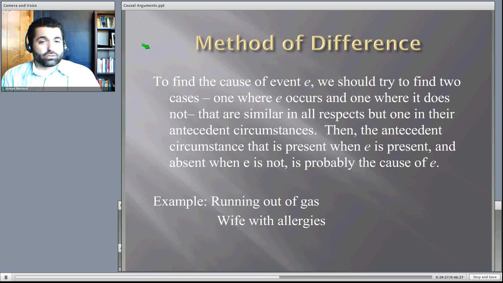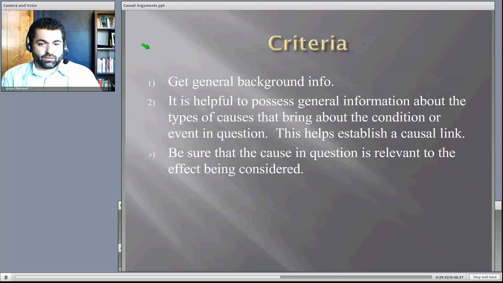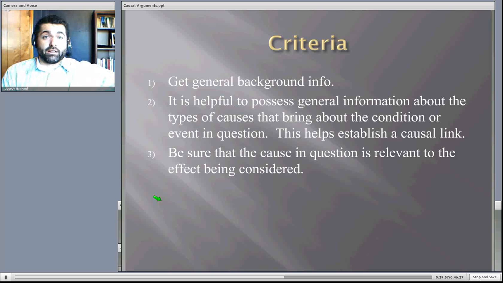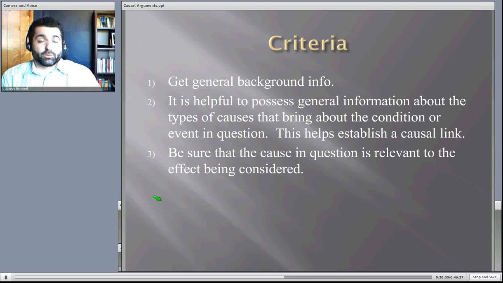Again, doctors do this all the time to diagnose what's causing certain symptoms. They use both agreement and difference. Same criteria. General background: we know cats often cause allergies. There's a connection there. It would be irrelevant if you went and said, oh, well, Julie got red drapes. The color red must be making me allergic. We know that there's no connection between colors and allergies. Now, maybe something in the drapes is causing your allergies to act up, the fabric or something, because we know that can play a role, but certainly not the color.